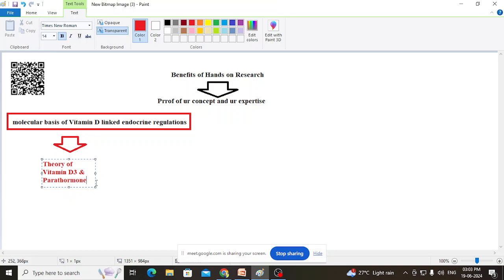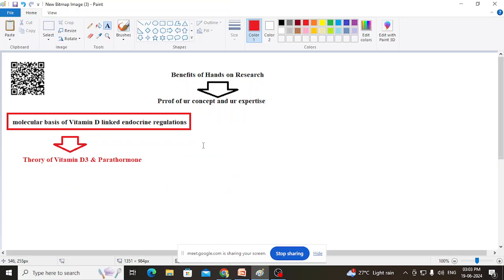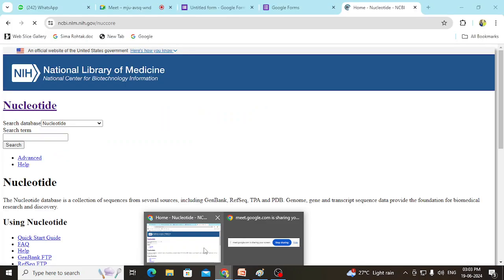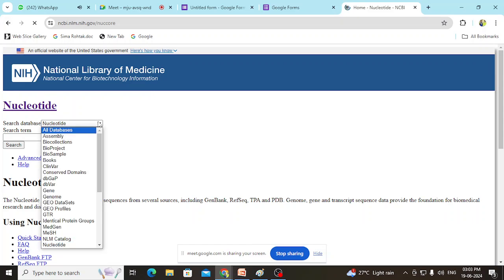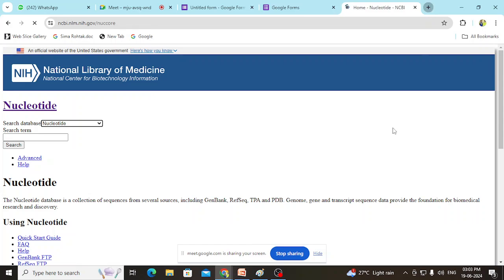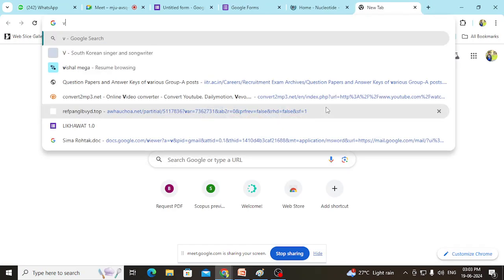Okay, we will learn a little theory on it, because as we know, absorption of vitamin D3 is linked to parathyroid hormone. Okay, so in order to indicate that, we will come back to this thing later. So here what we will do is